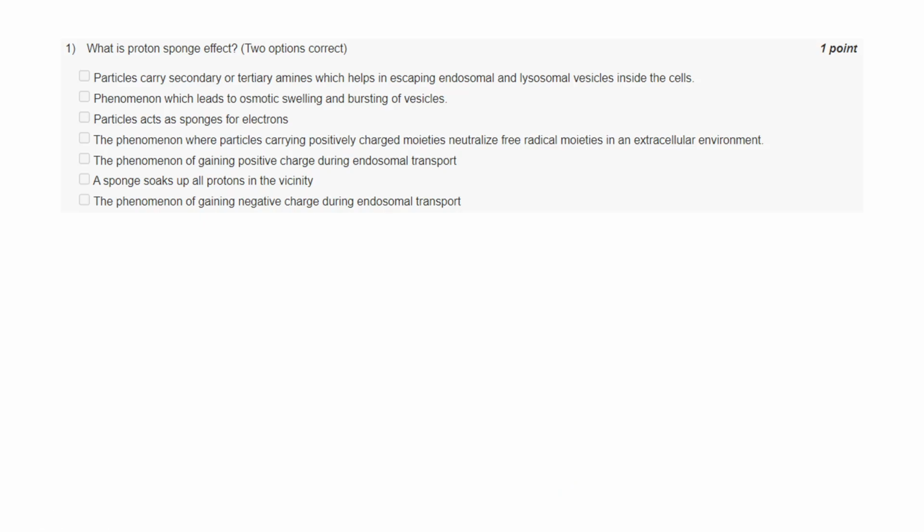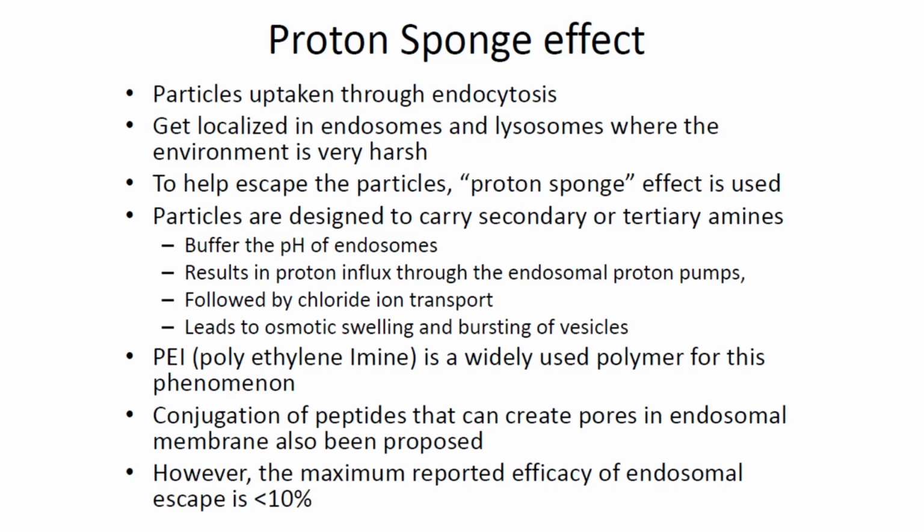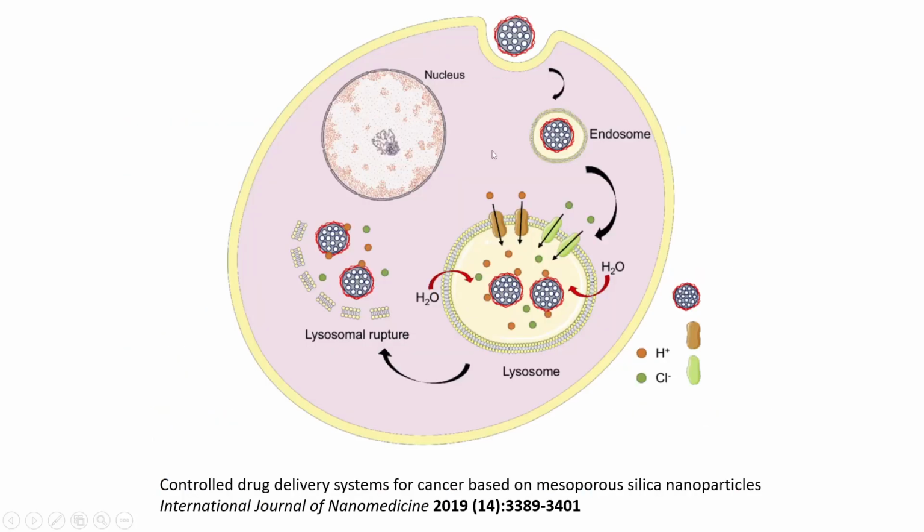The first question is, what is proton sponge effect? The proton sponge effect is used when you want to deliver your drug molecule inside the cell. Let's say this is your microparticle or nanoparticle with the drug encapsulated inside, and you inject it in the body. Now cells have a tendency to endocytose these particles because they are foreign to the cell. So they'll take it up and put it in an endosome compartment,